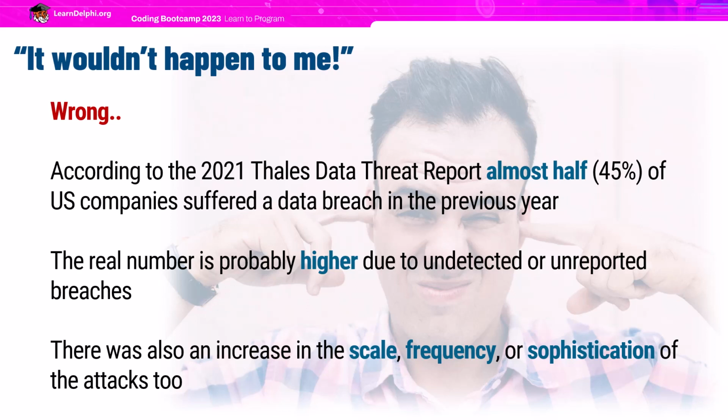Actually, during 2020 and 2021 people were not going into the office, and many businesses in many parts of the world, from China to the US to the UK to most European countries, shut down. Very few people were even going into the office, and yet almost half of the companies that were operating suffered a data breach. And that was at a quiet period. Now the real number since 2021, because that's slightly out of date, is probably higher anyway, because some of those breaches were undetected and they were exploited, and the person's data was sold,